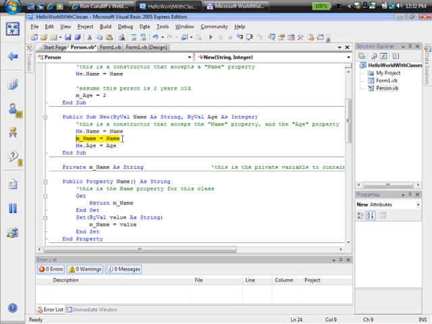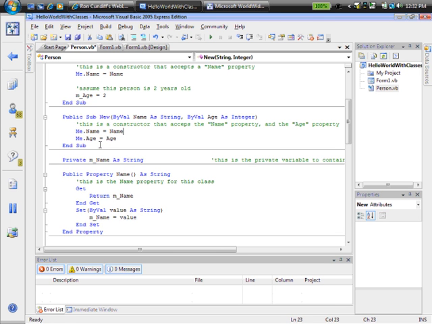However, if I'm enforcing business rules as part of my property definitions, then I'm actually bypassing any of those business rules here by assigning it directly to the private module level variable. So it's actually a better practice to assign my properties through the property accessor containing all of the business logic. Anytime I assign these property values within my class, I should use the property accessor, even though it's still internal. So I know for a fact that I've only got one place